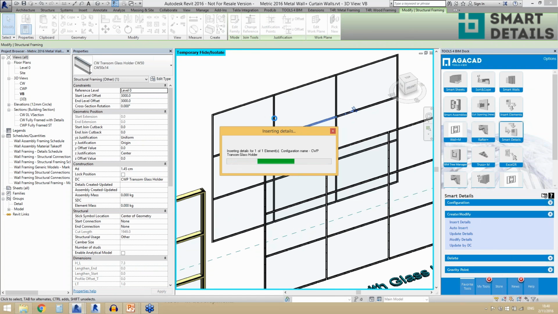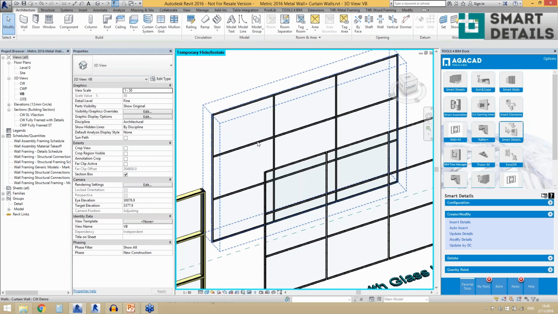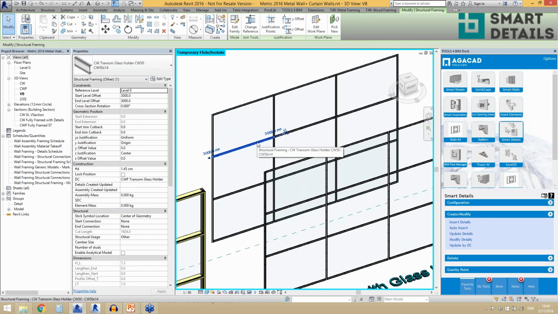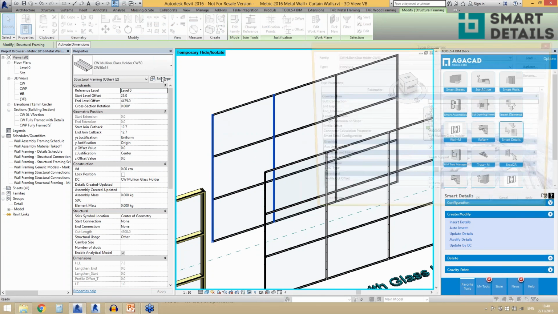But when we have a lot of types of elements in the project, let's say now if I want to insert these details, I have to select this one by one and select insert details and select one configuration, and then I have to select these elements and insert details and select configurations. But in the last version of Smart Details we added functionality that in each of the element you can